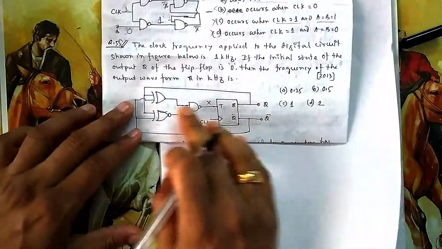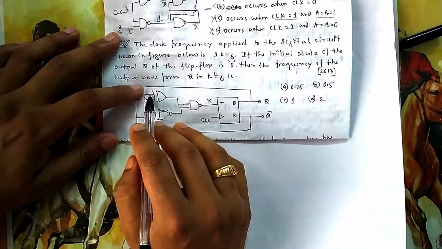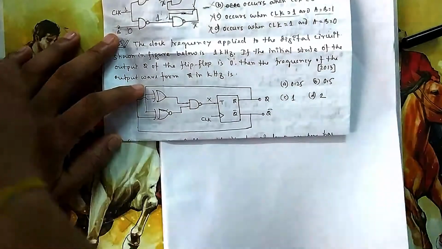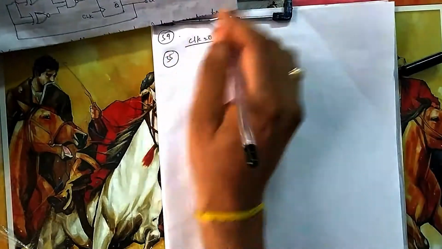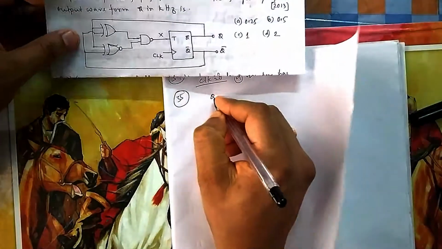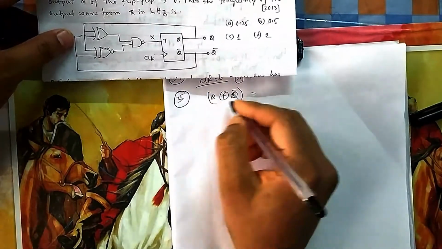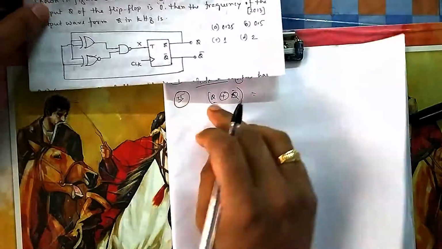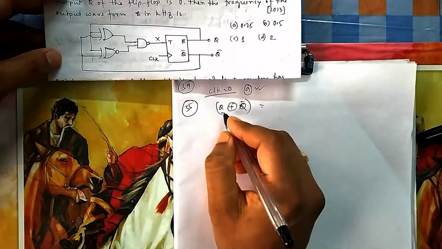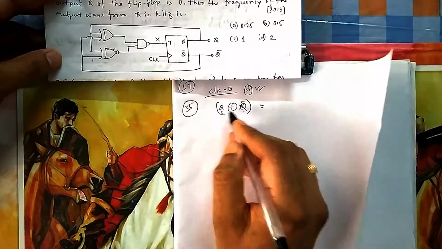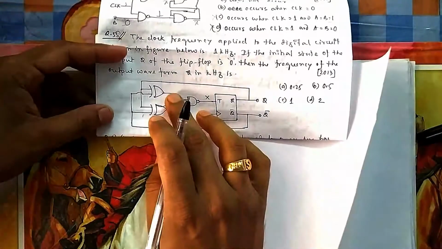Okay. So you see this XOR. What is this XOR? This is XOR between these two inputs. One input is Q and one input is Q bar. So what is the XOR between Q and Q bar? I am talking about 55. This is Q XOR Q bar, so it is A XOR A bar. XOR means odd parity. If any one of these is either 0 or 1, then the output is 1. Q and Q bar will always be complementary. If one is 0, then the other will be 1: 0 1 or 1 0. So 0 1, 1 0 will always give me 1. So you got this output 1.